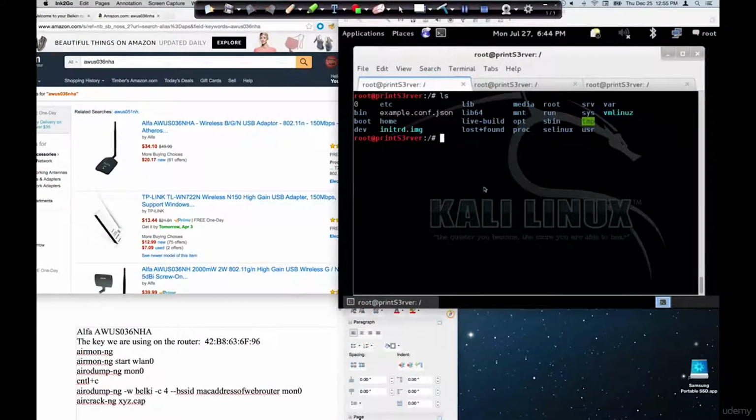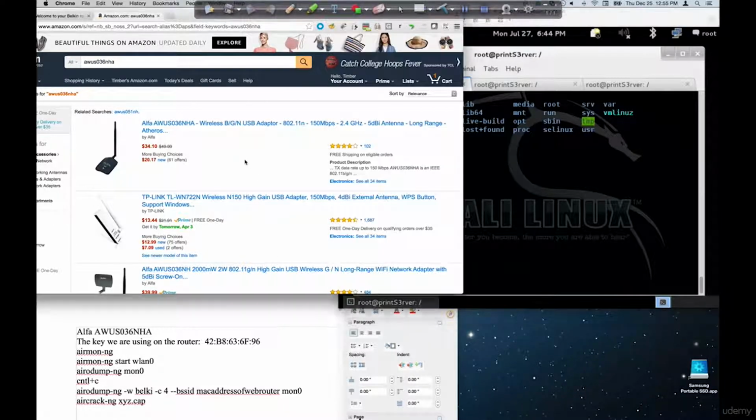All right. Okay, let's dive in. All right, perfect. Let's go. Okay, so what we've got here on the screen is we've got Kali Linux running here, and we have the Alpha card